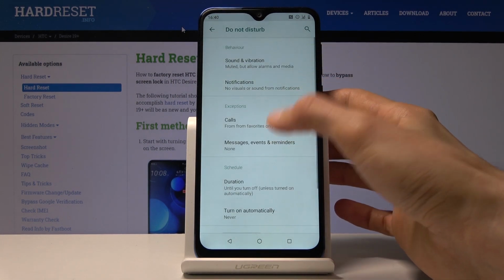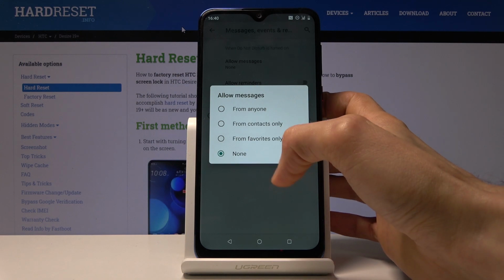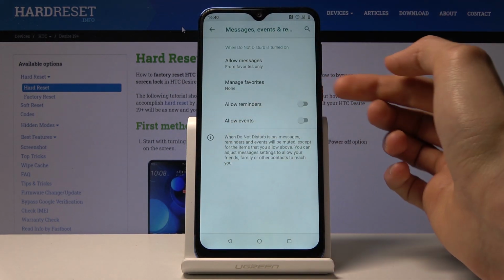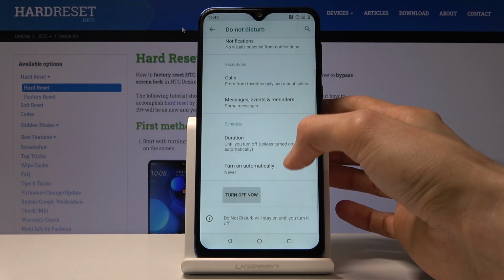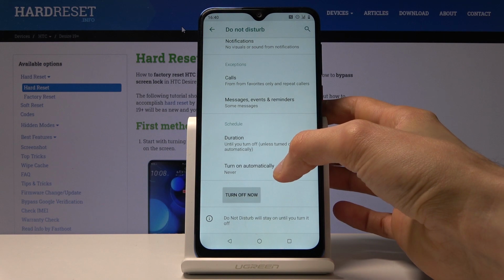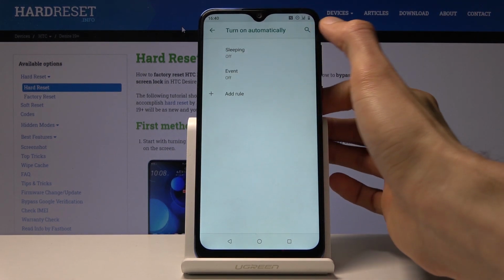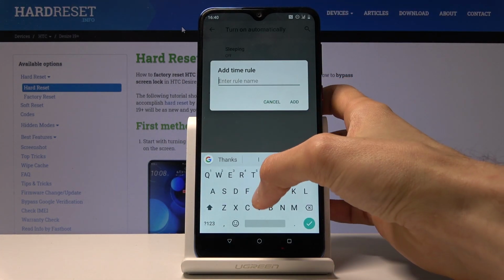Then you have similar options for messages, although it's set right now by default to none, but you can also set it to favorites only, and then you have to add favorites. Then you have schedule, so just turn on automatically, which is what I would advise. You can either modify the sleep one or add a new one, so just add a new one,